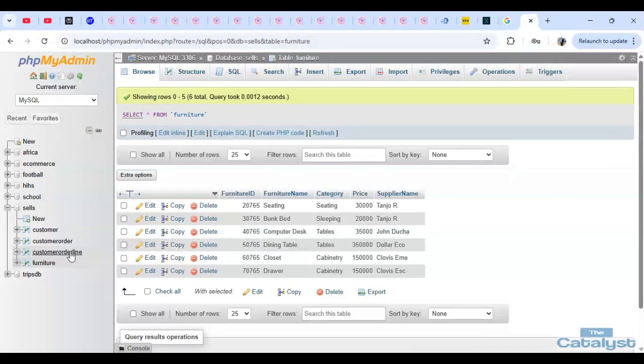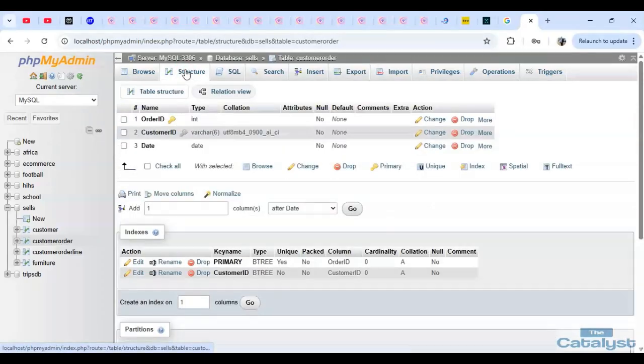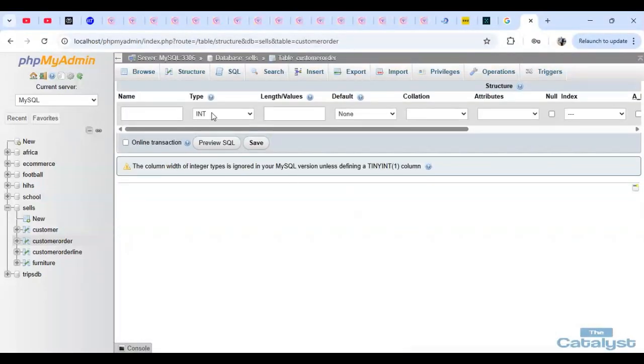Okay. So they say customer order, right? We are supposed to add a new field. So we'll come down here, add one column after this. The new field is